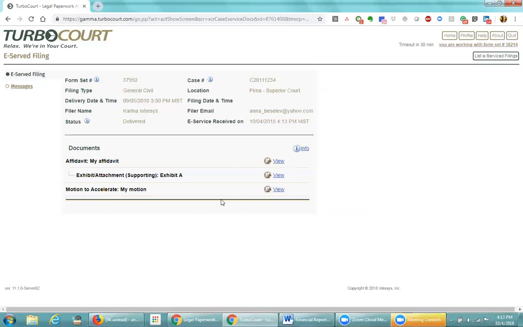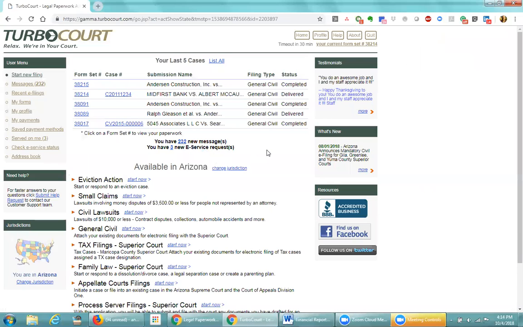And notice that the status of this filing is still delivered, which means the court hasn't processed it yet. In theory, they might reject this filing, and yet I have instant access to the documents. Assuming they don't reject it and they do accept it, then of course I'll get access to the conform stamped copies of those documents. Okay? So the world of e-service really gives you lots of additional functionality. And then the other thing that you can do, the other thing I want to show you is that,